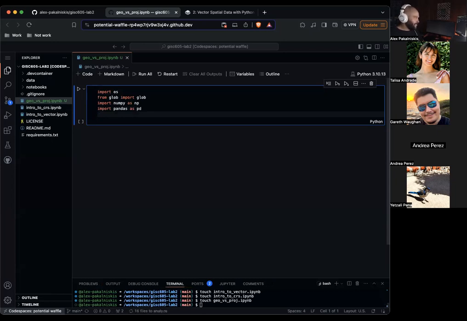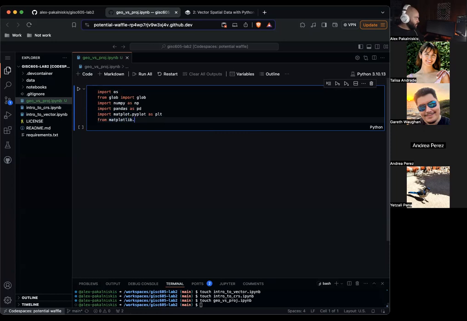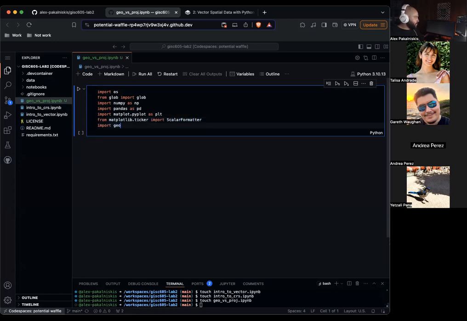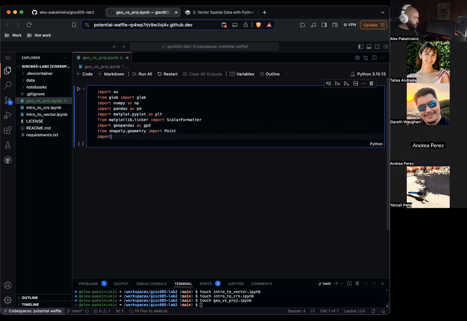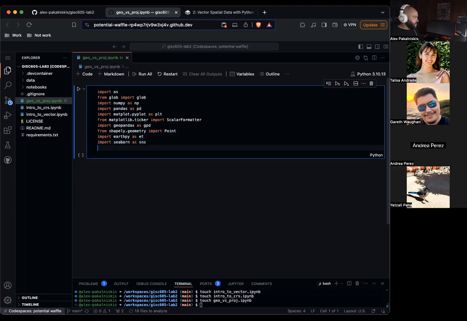I think we'll see an instance of that in this lesson. Importing a lot of familiar faces: ticker, import ScalarFormatter, import pandas as pd, import geopandas as gpd, from shapely.geometry import Point, import earthpy as et, import seaborn as sns.